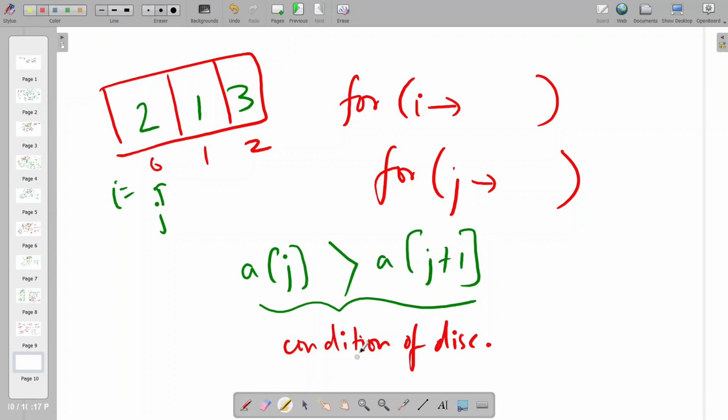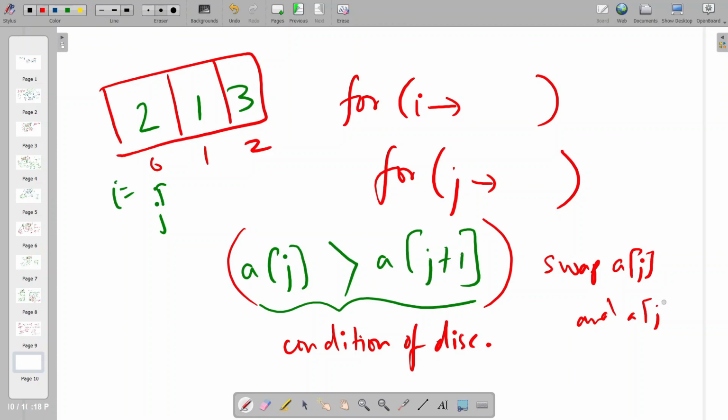If we find such indices j and j plus 1 between which there is a break of order, then we will swap them to maintain the order of increasing nature. So whenever this happens, we swap a of j and a of j plus 1, and you know how to swap the numbers.